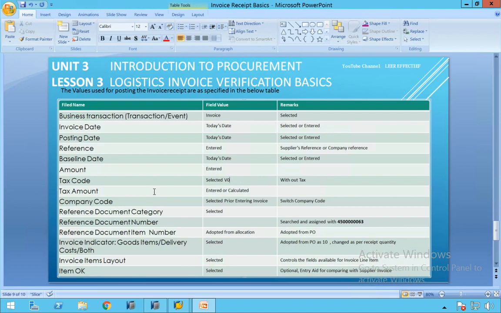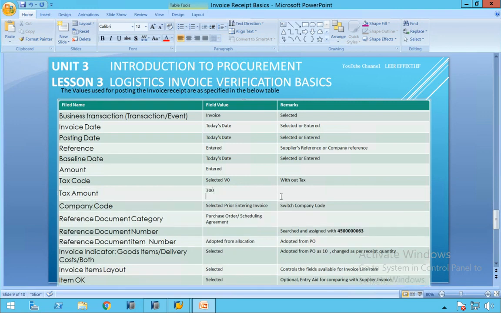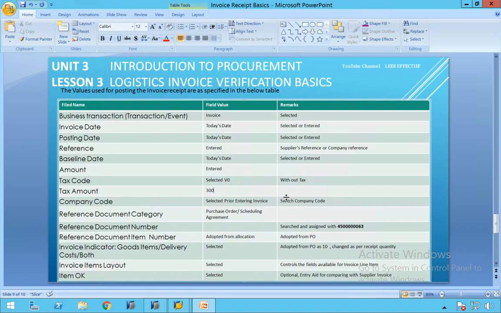Now, what is the next one? Company code. We selected the company code while entering the MIRO transaction. Reference document category we have selected: purchase order/scheduling agreement. Correct? Tax amount, we have entered 300?